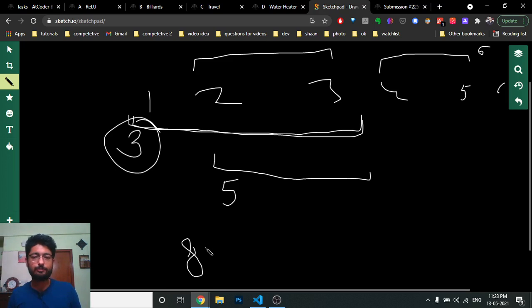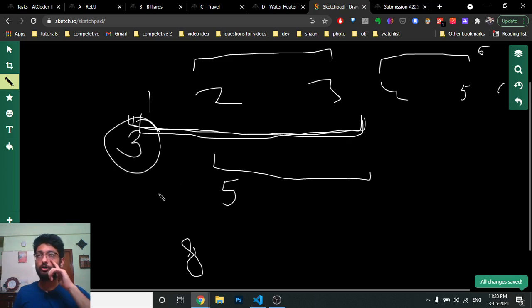If 8 liters is not provided by the pipe, then the answer is no, because we cannot supply all the needs of the persons. So we just have to ensure that we can process this array of queries using a point update. If you know a point update, where you want to update a value, I can make an empty array,